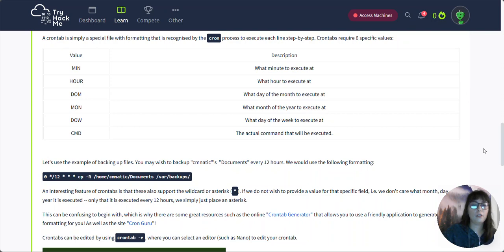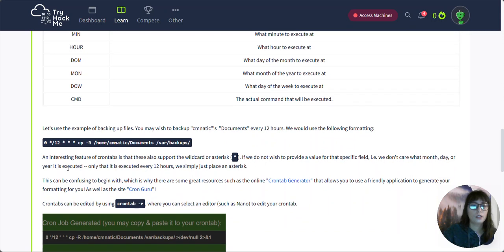Let's use the example of backing up files. You may wish to back up your documents every 12 hours. We would use the following formatting. An interesting feature of crontabs is that these also support the wildcard or asterisk. If we do not wish to provide a value for this specific field, i.e. we don't care what month, day, or year it is executed, only that it is executed every 12 hours, we simply place an